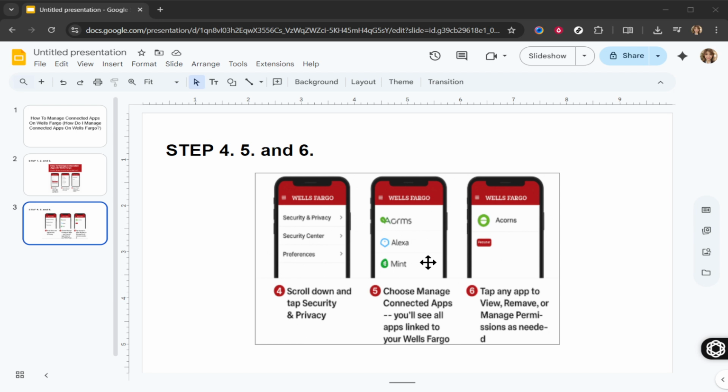By following these steps, you've learned how to efficiently manage connected apps on your Wells Fargo account, ensuring peace of mind by keeping your financial data